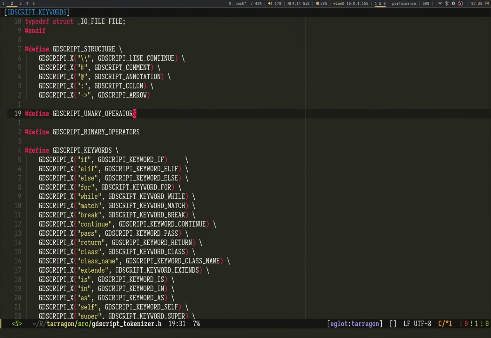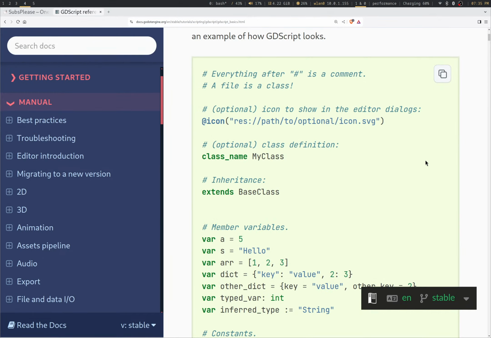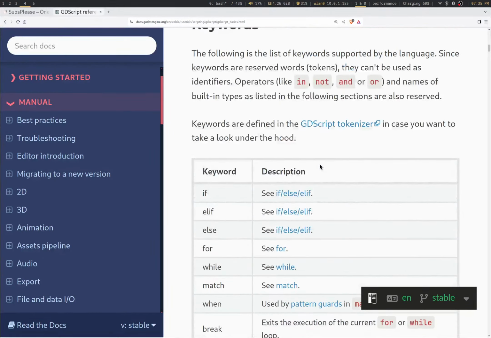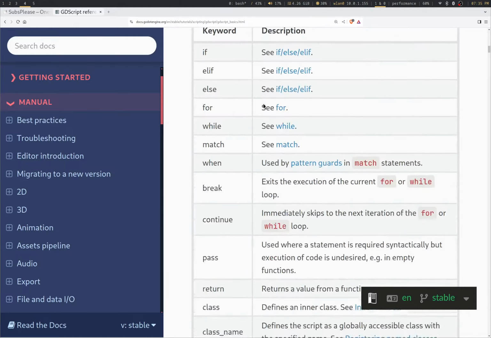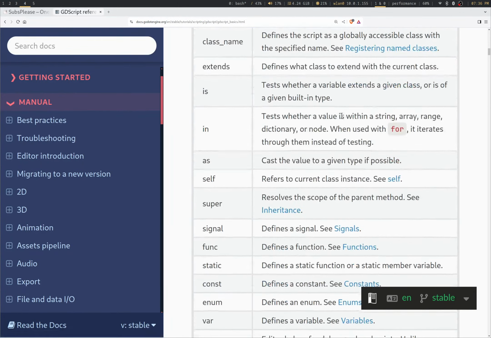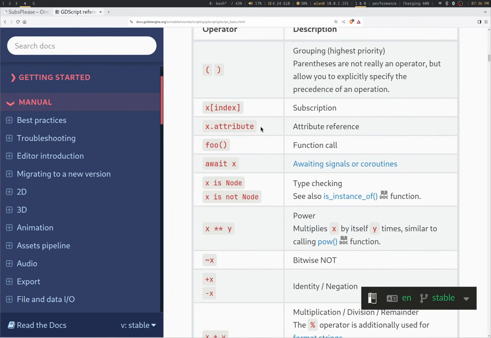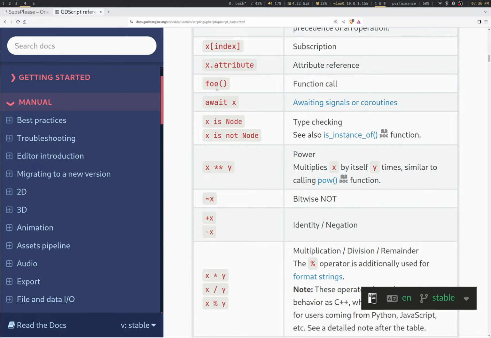Oh yeah, unary operators. Not a fan, not a fan. Let's start naming off some unary operators. And then identifiers, I like that. This is nice. So I got all those operators. Okay. Nice.